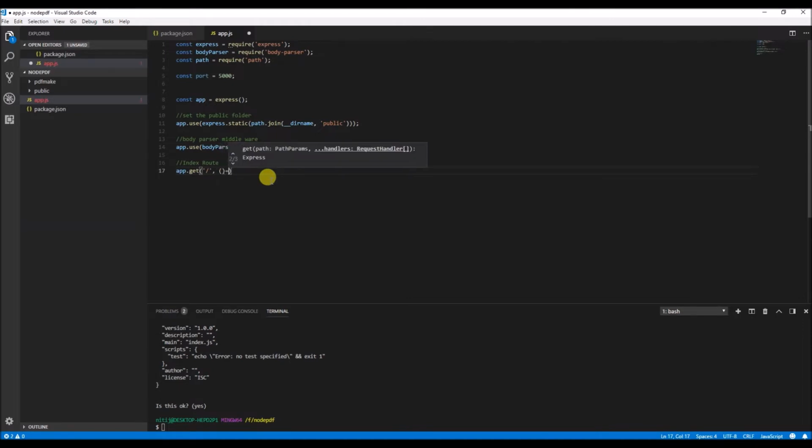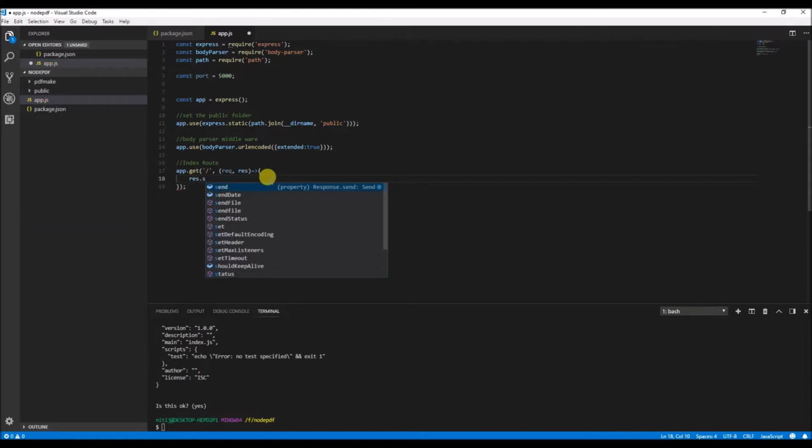And let's just use an arrow function over here because it's the most current standard. So the first argument will be request and then there will be response. Okay, let's first test this. To test out this route, I'm just going to send a plain string, let's say hello world, and then let's